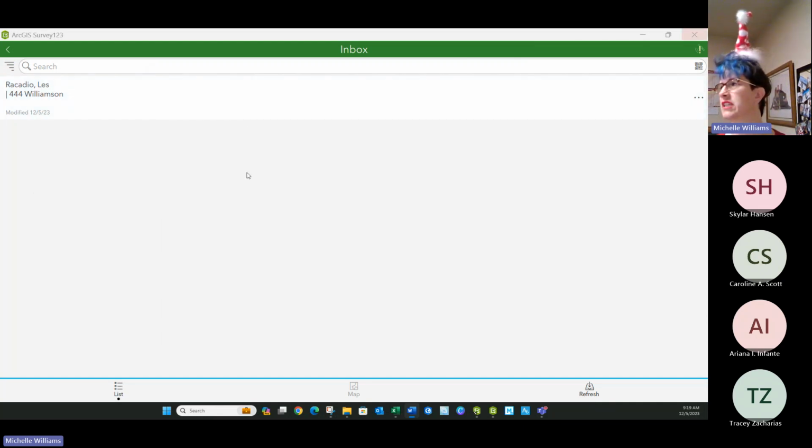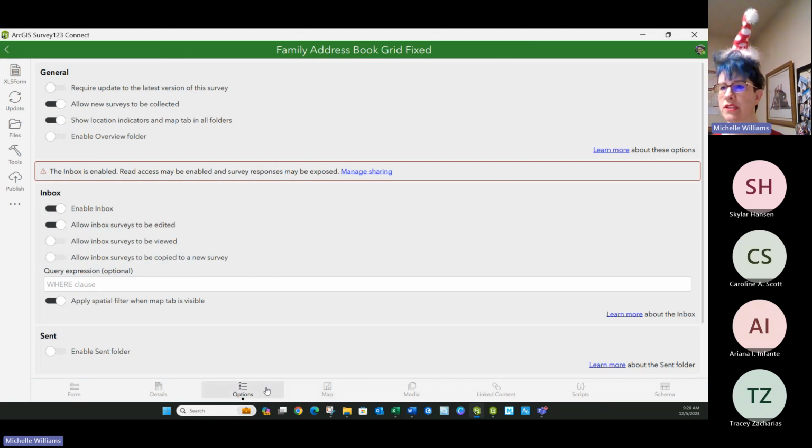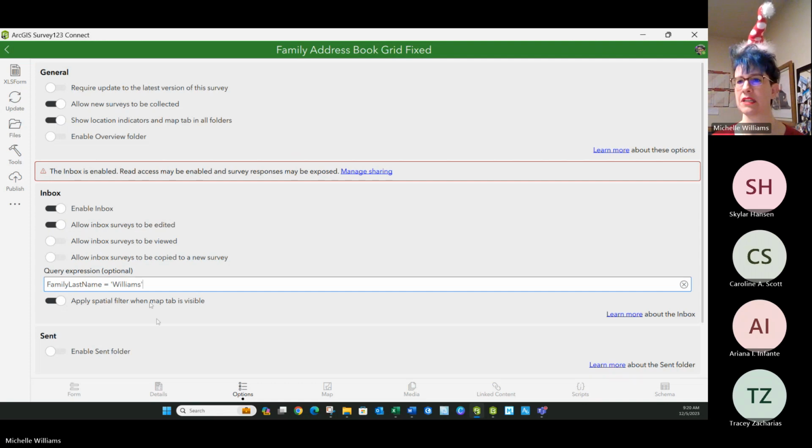Now we're going to figure out how to bring that back into the inbox. So if we go over here to options, there are a few ways that you can trigger things to go back into your inbox. I'm going to copy a piece of code. Family last name equals Williams. We know that Williams is not in there. So if we say publish,